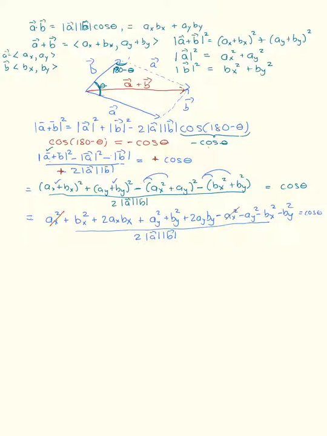So this cancels with this, and A y squared cancels with that, B y squared cancels with this, and lo and behold, you have 2 A x B x plus 2 A y B y. So I can factor out a 2, and this is all over 2 times the magnitude of A times the magnitude of B equals cosine theta, and then lo and behold, those 2's cancel, and voila, you get the product of the x's plus the product of the y values